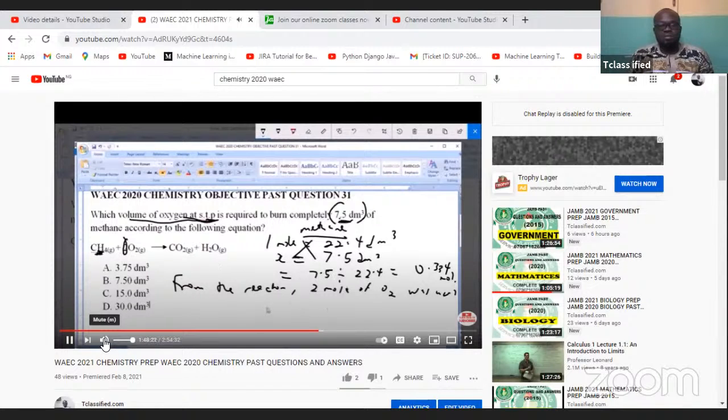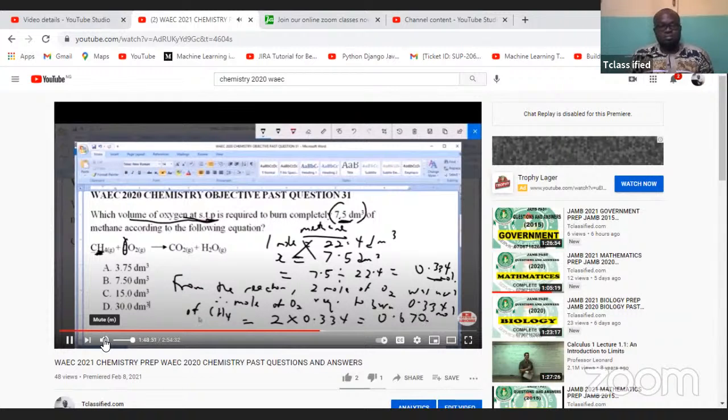Right? Therefore, the number of moles of oxygen required to burn our 0.334 mole of methane is equal to 2 multiplied by 0.334,